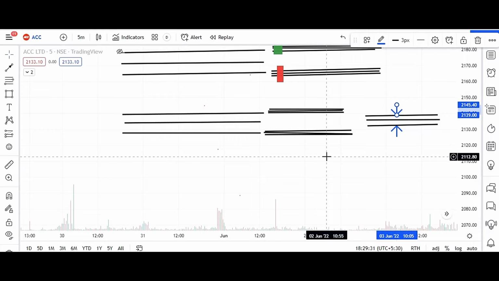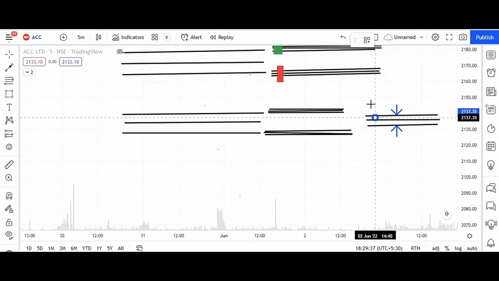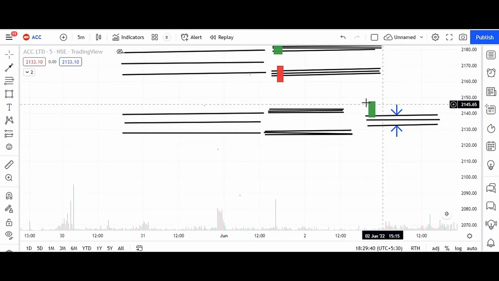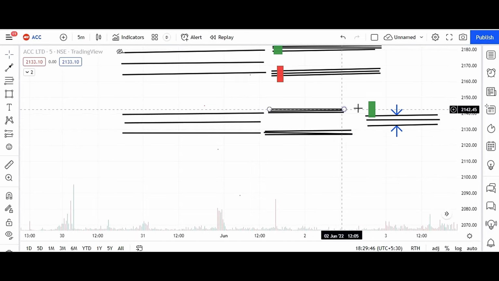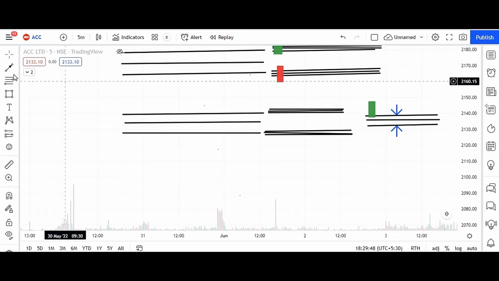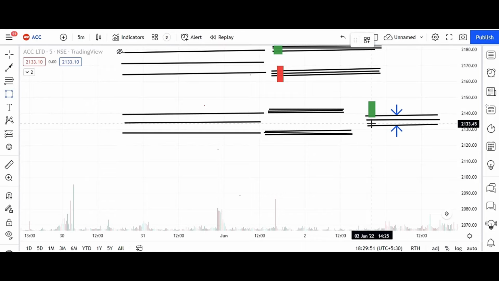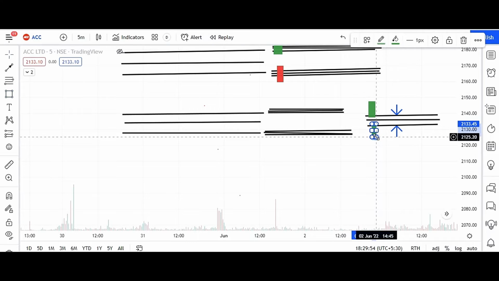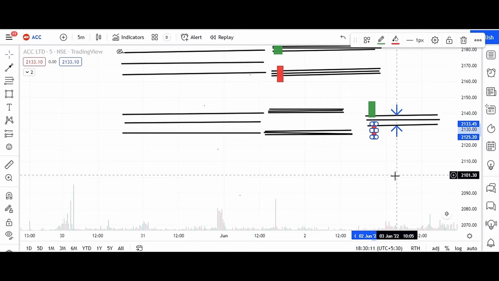And how we take the breakouts here? Take the entry. The candle is broken like this. Once the 5 minutes candle is broken like this, both the CPRs, then we take the buy entry and our stop loss will be below this one. The same way, we take the entry, the candle closed. Okay, we wait for the 5 minutes candle to close below the CPRs, both the CPRs, then we take the entries. Our stop loss will be above the CPR